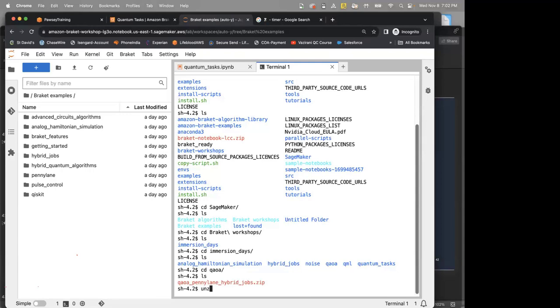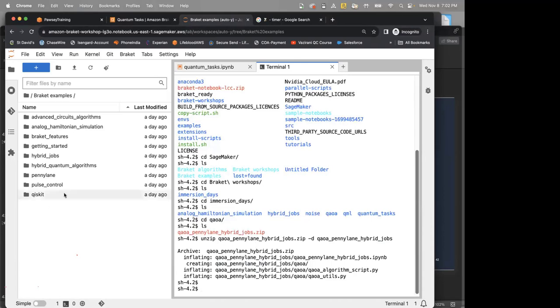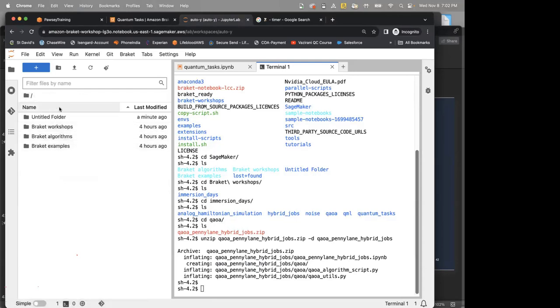We just do unzip, and you can just write QAOA hybrid jobs as the name of the directory. Enter that, and it will inflate. And if you go back to Braket workshops, immersion days, QAOA, there is a directory called QAOA penny hybrid jobs.